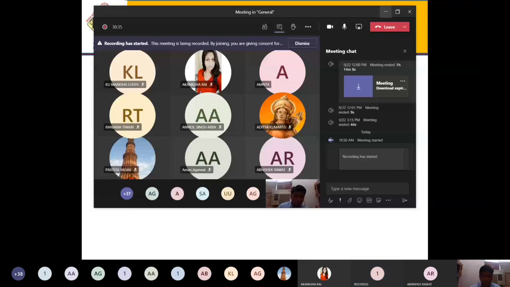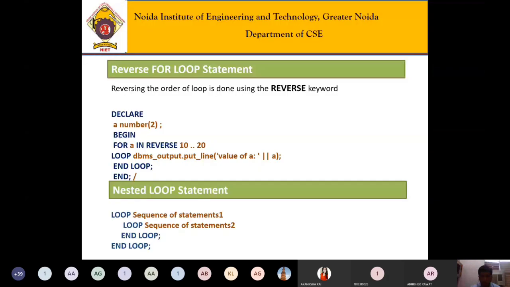So we have to go with this now. See, we can also use this in a nested loop. As you know, a loop within a loop body is called a nested loop. So first we write loop, sequence of statements, then loop, sequence of statements. We have to end the first loop, then end the second loop.